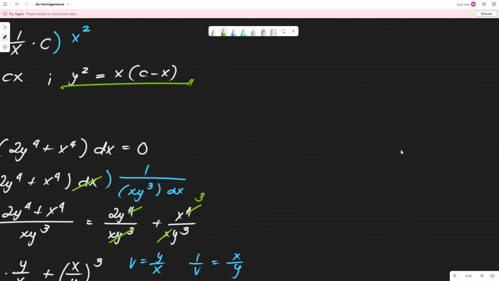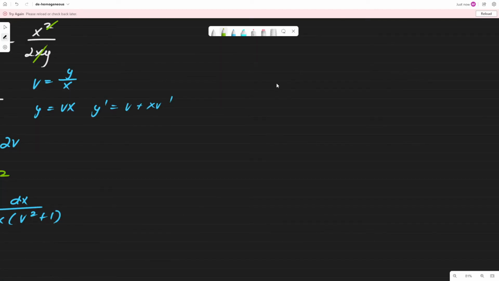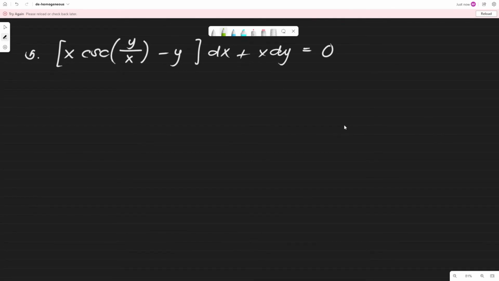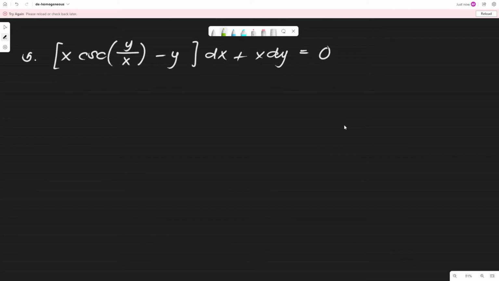Where is my last example? Oh, it's up here. So we have here our example number 5. We have x cosecant y over x minus y, multiplied by dx, plus x dy is equal to 0. So let's move the dx to the other side, because dy over dx is what we need. So we will have x dy is equal to,